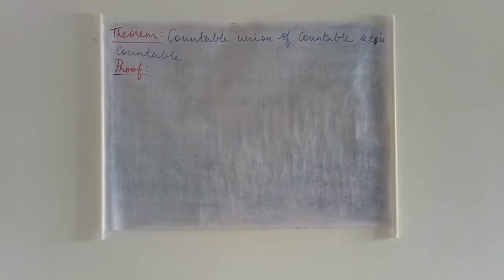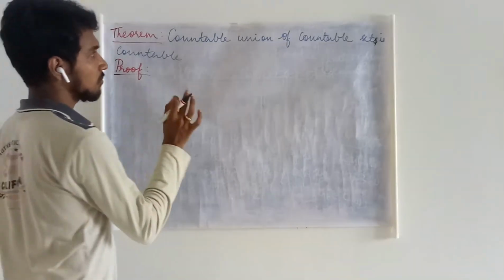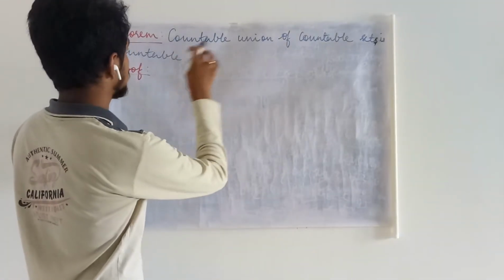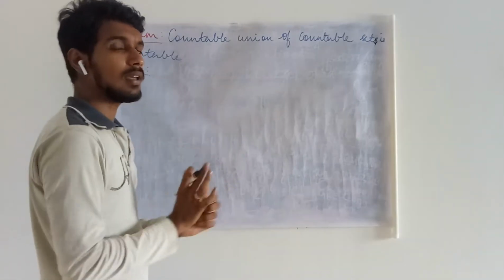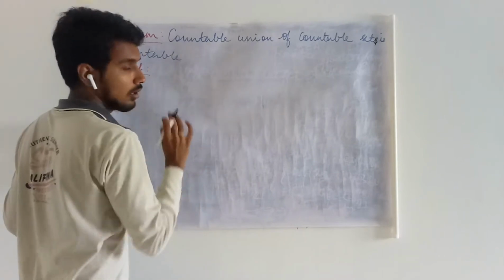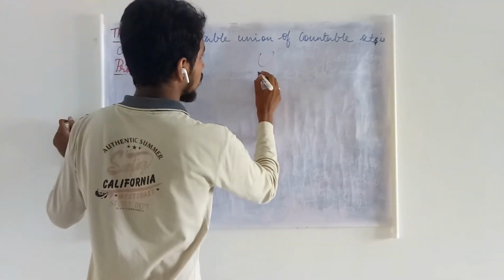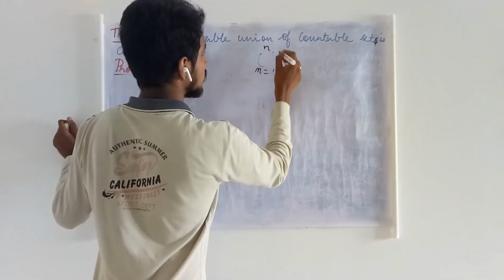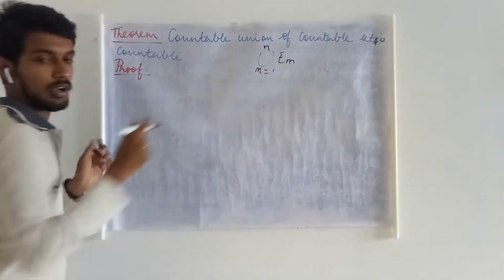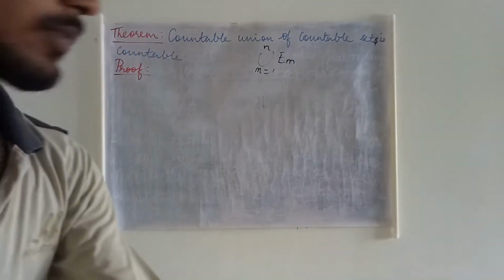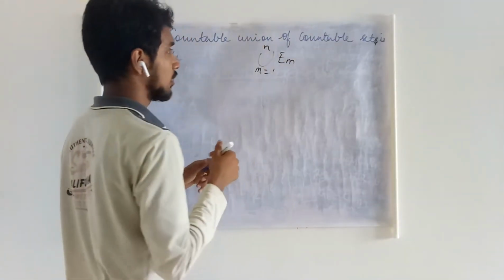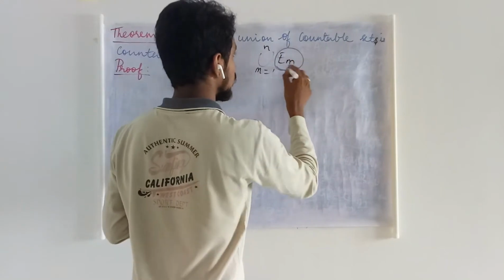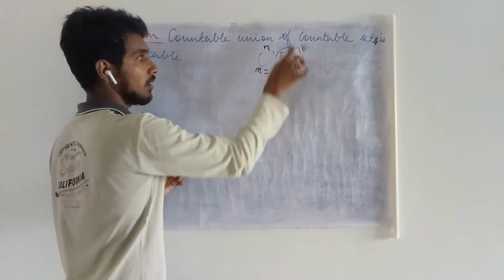The next theorem that we are going to see is: a countable union of countable sets is countable. In the statement, the word countable appears many times. Let us try to understand what is given in the statement. Countable union means we are going to perform a union like this. Countable union of countable sets means all those sets to which we make the union are